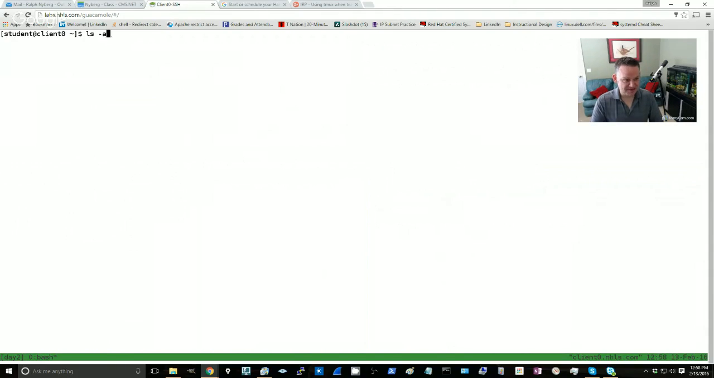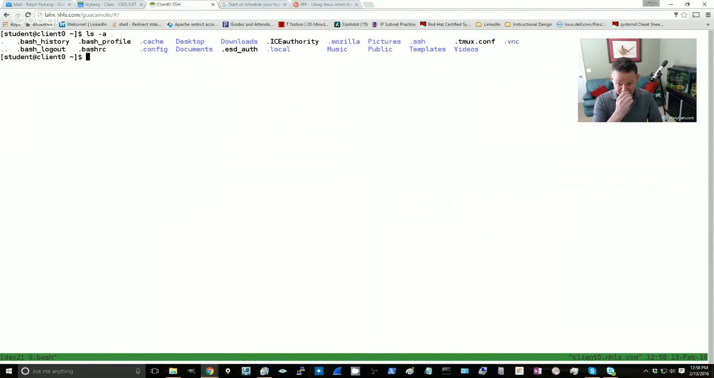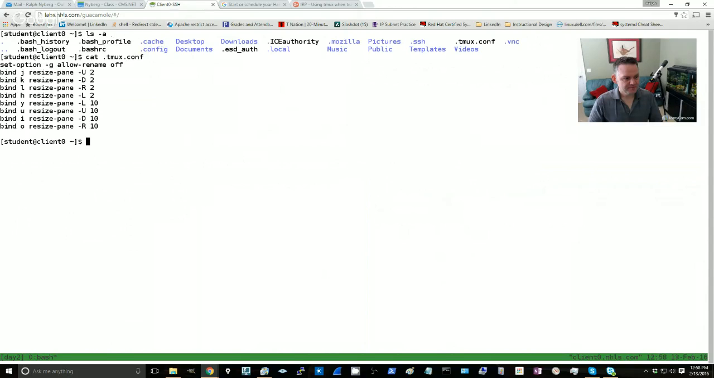If I do an ls -a here, you'll see that I've got a .tmux.conf file, and I'll just cat that real quick. So these are just some of the options that I use to configure it. One of them is binding some keys to resize windows quickly. And then the other one, the set-option -g allow-rename off, basically means that when I name one of my sessions,